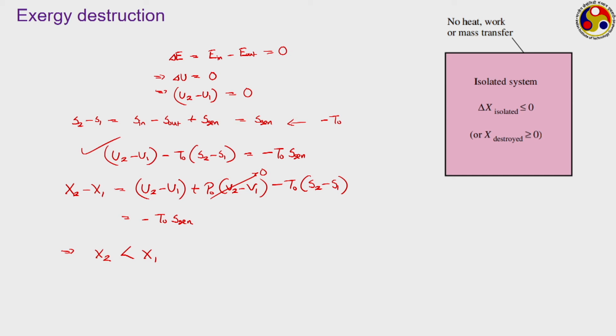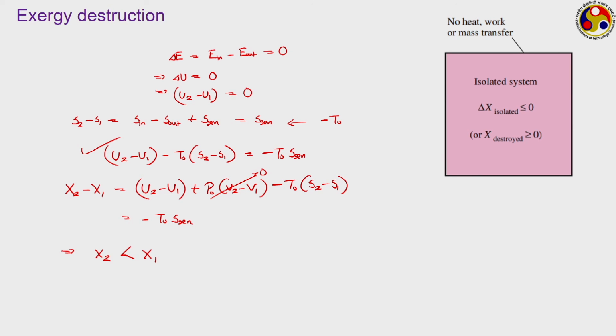Exergy of an isolated system can only decrease. So, exergy of a system can definitely increase, but the system-surrounding combination should lead to a decrease in the exergy. So, this actually is an alternative statement of this principle of entropy generation. While entropy of an isolated system can only increase, exergy of an isolated system can only decrease,